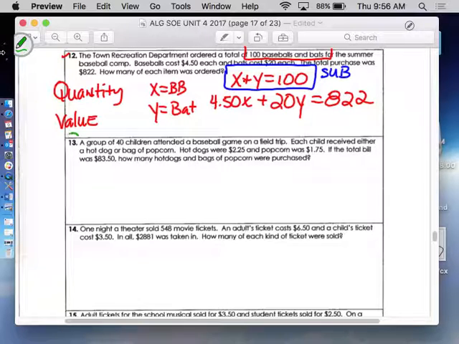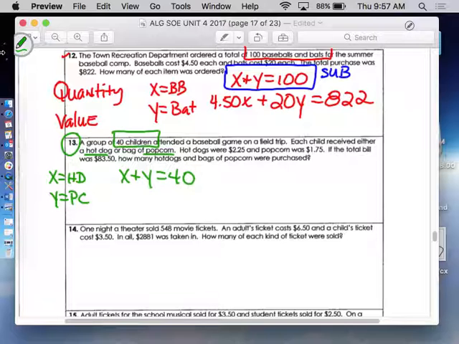Let's look at the next problem together. Let's look at number 13. And here I have 40 children, and each child has received either a hot dog or a bag of popcorn. So I'm going to let the X represent the hot dog, Y represents the popcorn. So quantity, how many children, how many things, how many hot dogs and bags of popcorn did I purchase? That's going to be 40. So X plus Y equals 40. And then I attach value to each. So the hot dog is $2.25, so that's 2.25x. And then the bag of popcorn is $1.75. So I attach value to Y, and then the total amount of money that I spent,